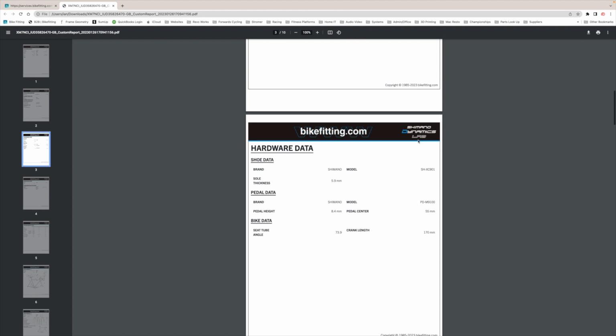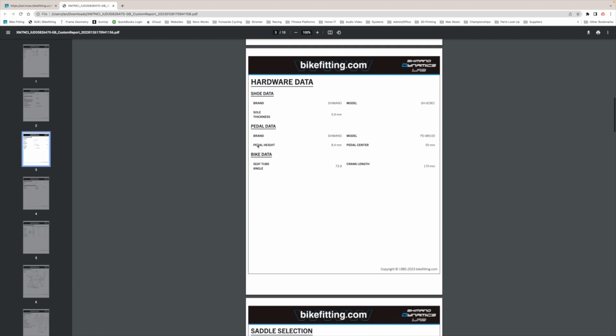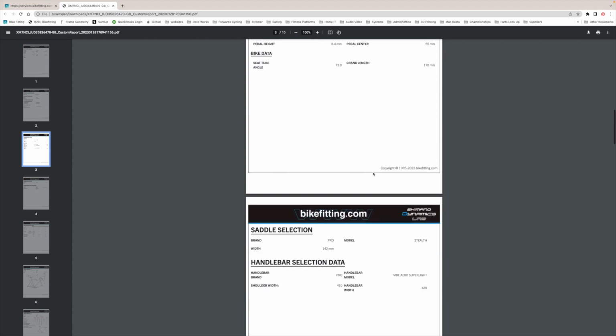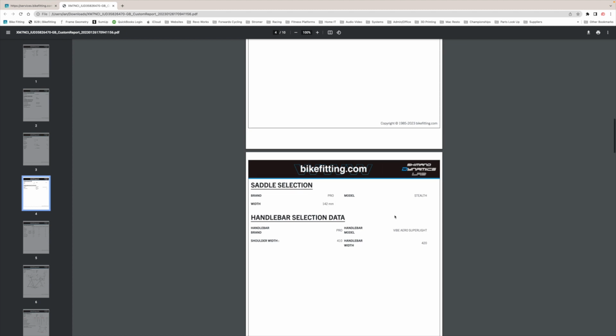So as we scan down through here, it just shows all the information we added. So it shows you the shoe data, the pedal data, and then some of the basic bike data, the cranks I chose, shows you the angle of the seat tube there. It shows you what saddle we've chosen. So we're going to go with the Pro Stealth, and then after doing the saddle size, it tells us we want a